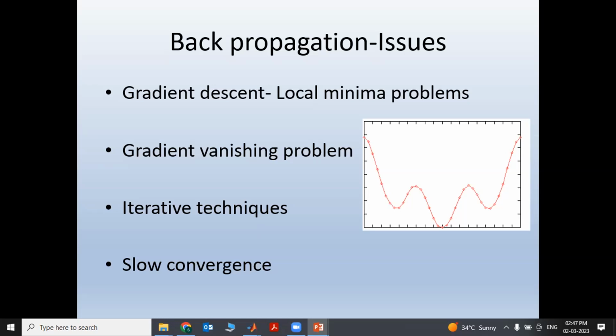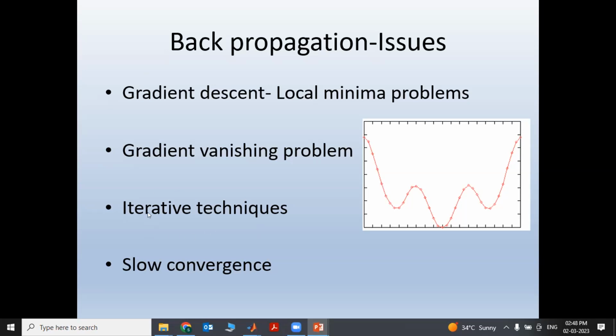There are no further updates, right? There is no further improvement of the weights. So that is called the gradient vanishing problem. If we do backpropagation continuously, sometimes the gradient of the system may vanish or converge to zero. In such cases, some of the neurons are not updated because of the gradient vanishing problem, which will create some issues.